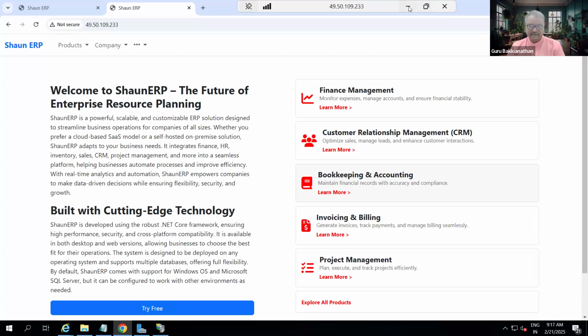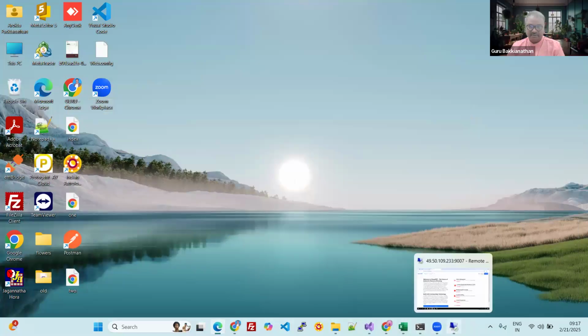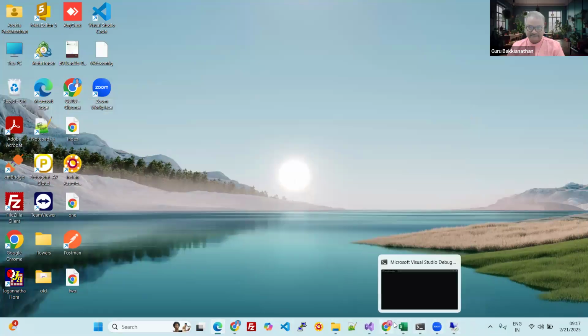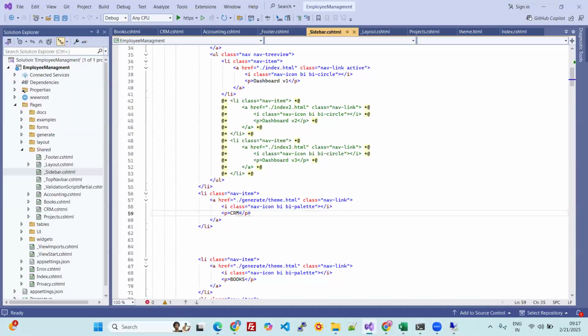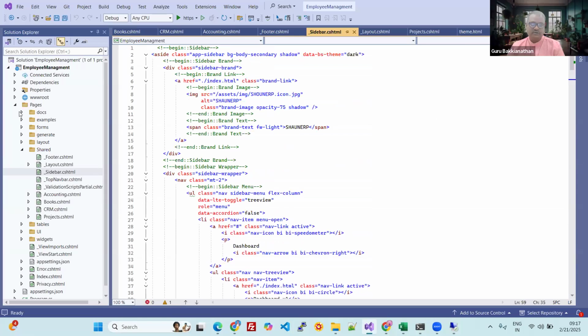Coming to the point, Shruti, are you there? Yes, sir. I just opened the code you sent yesterday. What was your question? The left sidebar, you are not able to click and open, right? Yes, sir. Actually, the ASP link is not working in that, and if I use href, it is not working properly. It is not redirecting to the other page.